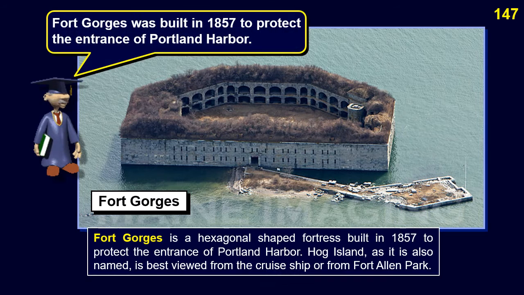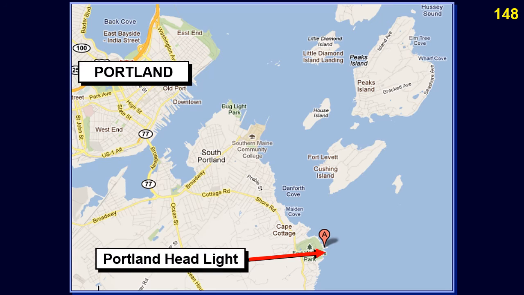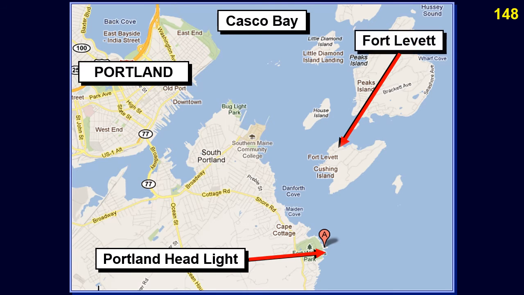Fort Gorges is a hexagonal-shaped fortress built in 1857 to protect the entrance of Portland Harbor. Hog Island, as it is also named, is best viewed from the cruise ship or from Fort Allen Park. This shows the location of Fort Gorges in Casco Bay,